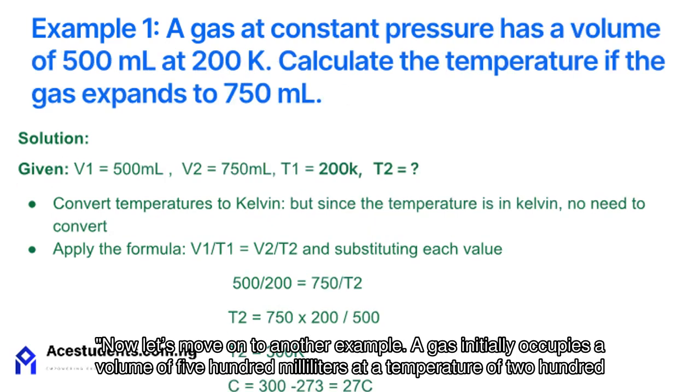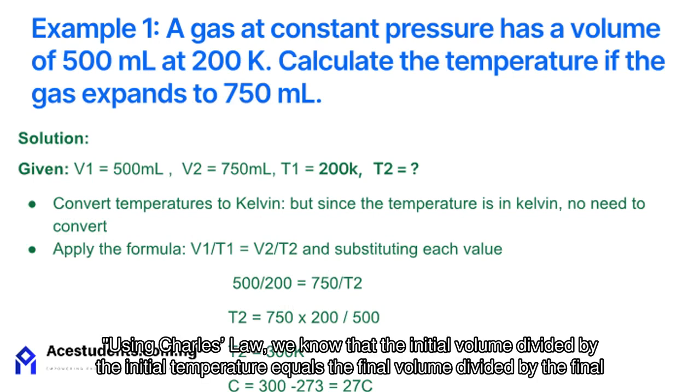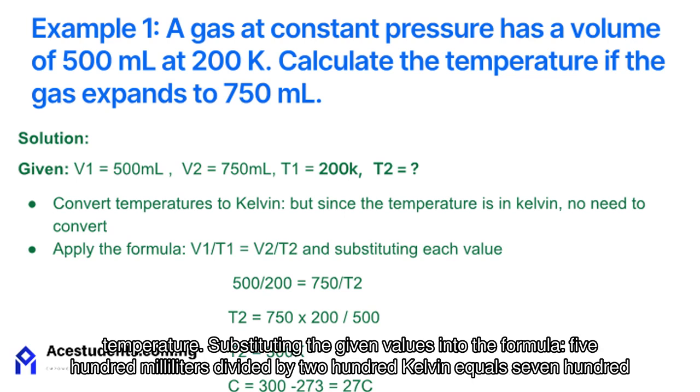Now let's move on to another example. A gas initially occupies a volume of 500 milliliters at a temperature of 200 Kelvin. The gas expands to a volume of 750 milliliters, and we are to determine the final temperature in Kelvin. Using Charles's Law, we know that the initial volume divided by the initial temperature equals the final volume divided by the final temperature. Substituting the given values into the formula, 500 milliliters divided by 200 Kelvin equals 750 milliliters divided by the final temperature,